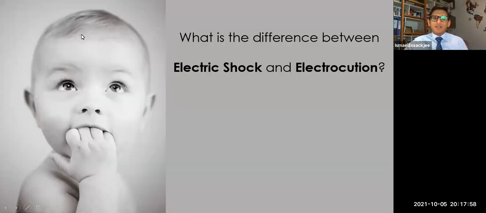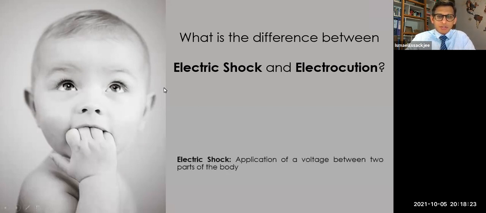You have heard about people getting electric shock, or maybe you have had a bit of this tingling effect when you're working on your project, or an electrocution. So what is the difference now? This baby is looking for help from you. What is the difference between electric shock and electrocution? Is it the same? Not necessarily, isn't it? You can still answer on the chat box. Let's keep that quite interactive.